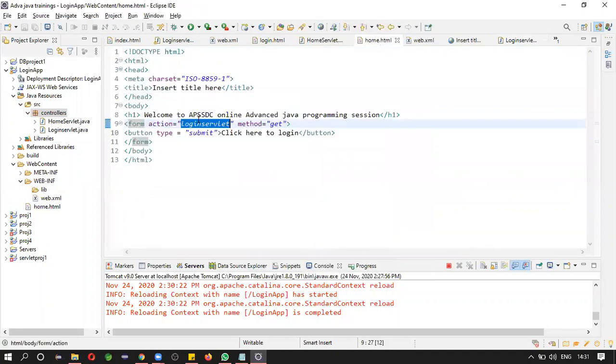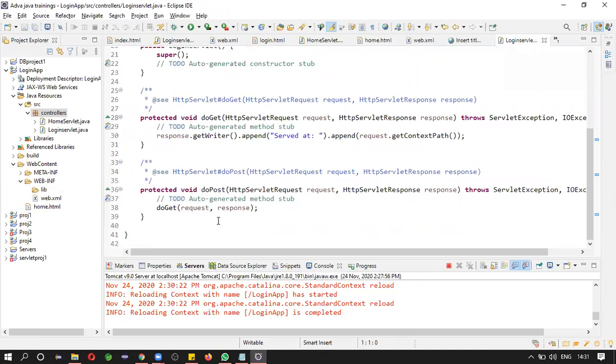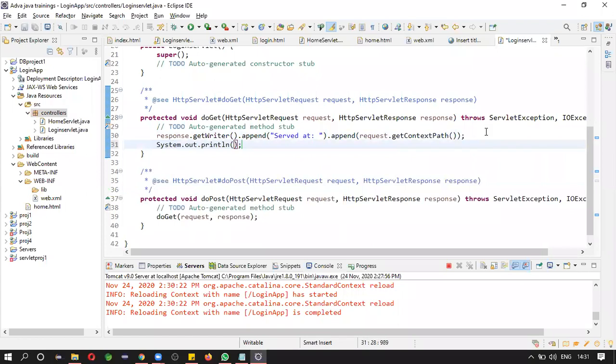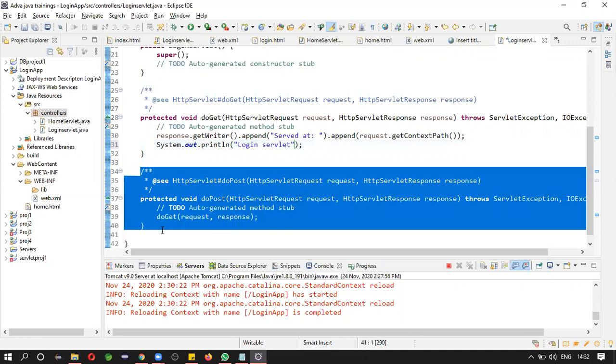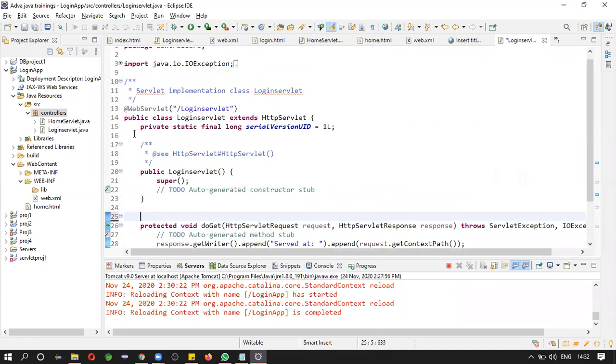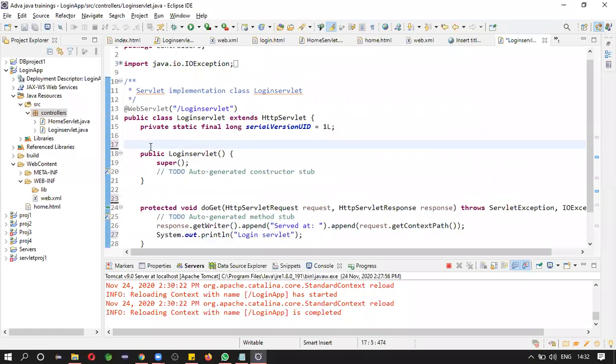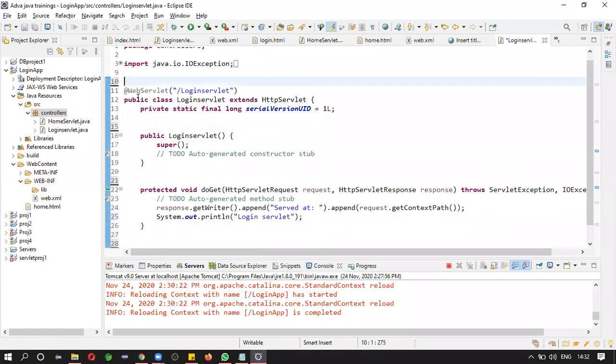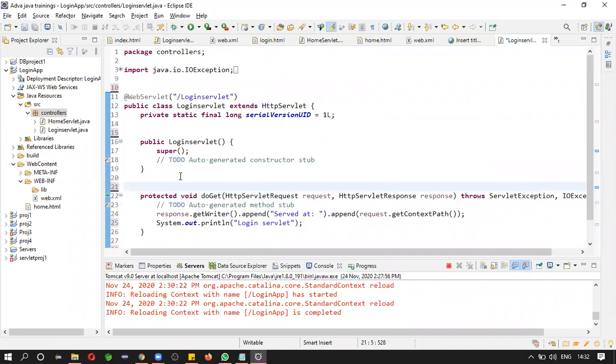See what I mentioned here, login servlet, right? So mention here login servlet. Okay, so save this, close this.